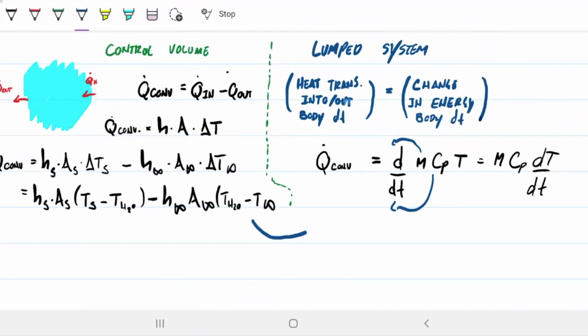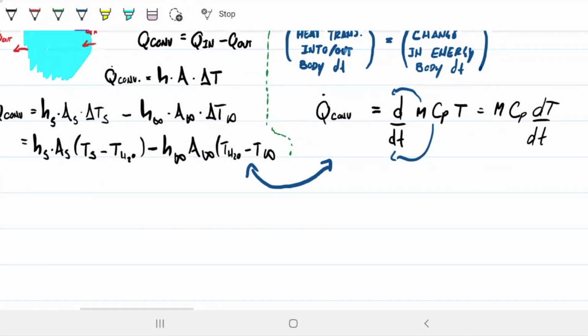Because I know what is my convective energies that I have going in and out of the body, and I know that whatever is happening has to be changing the energy inside of my body. So let's combine these equations. We're going to have